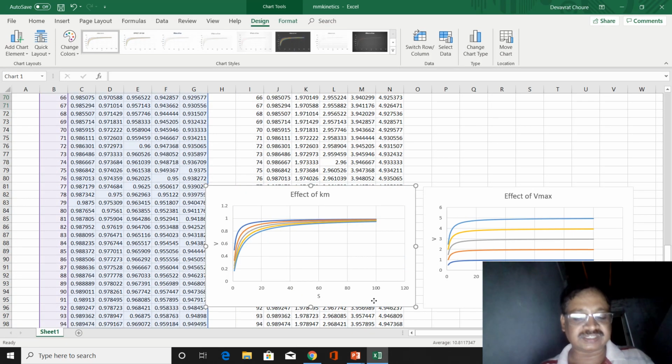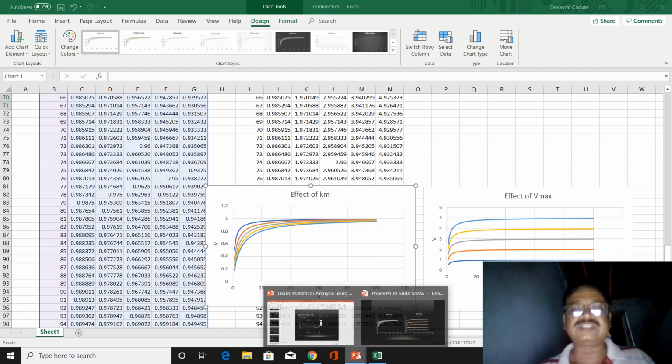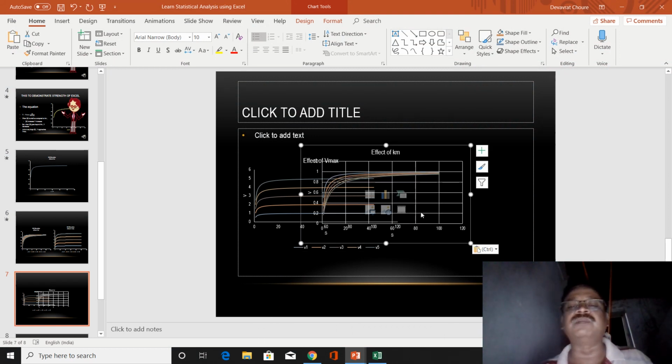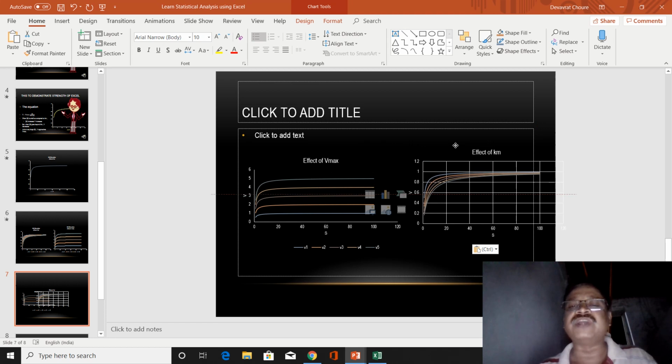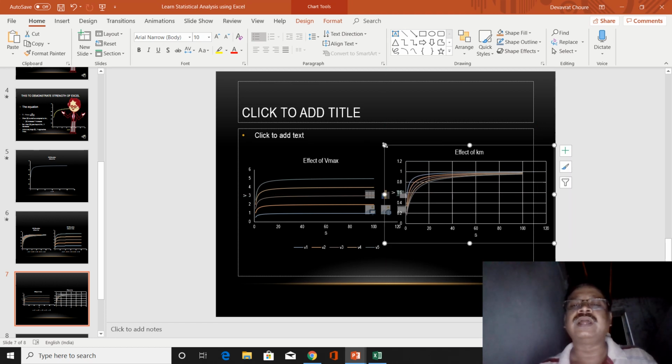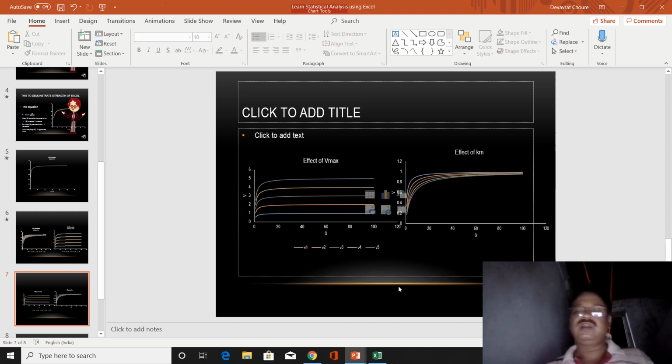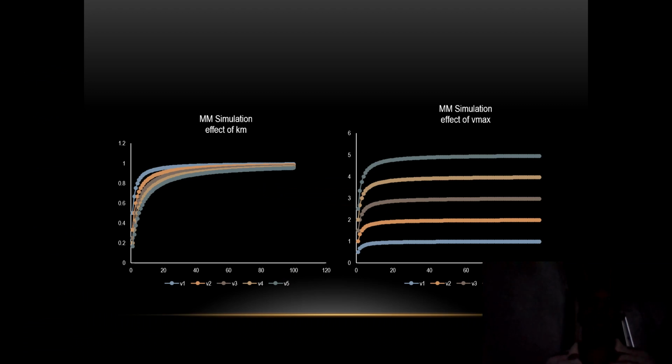I will select the plot. I will copy the plot using shortcut Control C. I am using keyboard shortcut, and in this I will use keyboard shortcut Control V to paste the plot. The plot got pasted, and that's it. I will remove the elements because these elements are adding to the clutter. Okay. Now I will run this show to see how it looks.